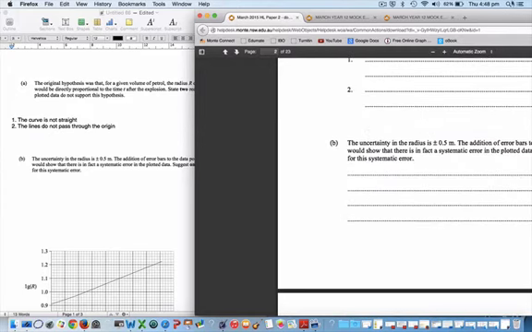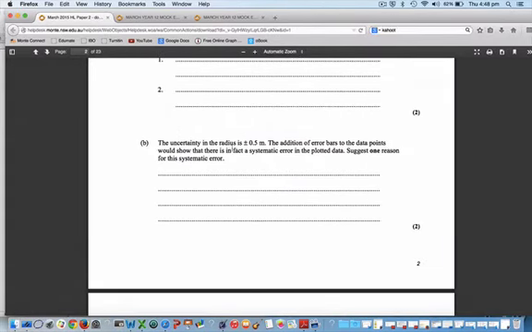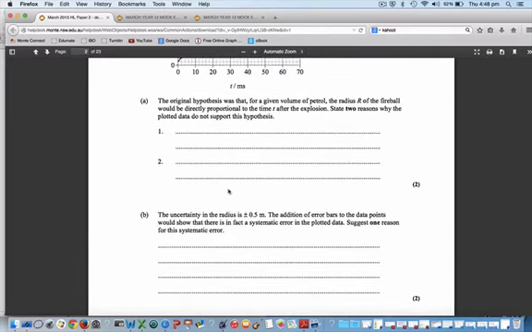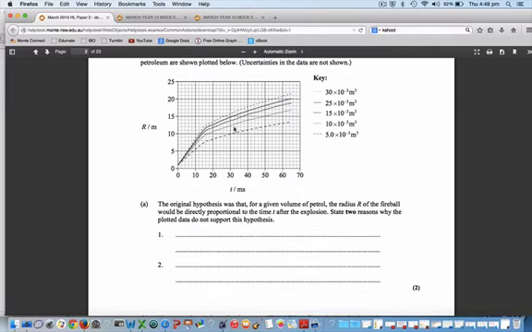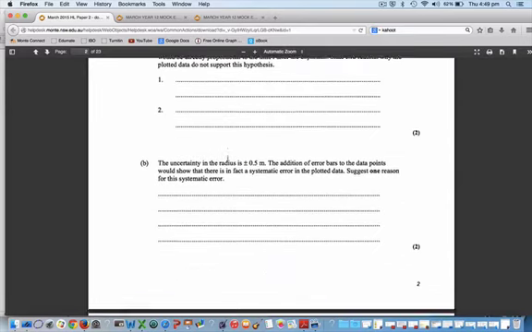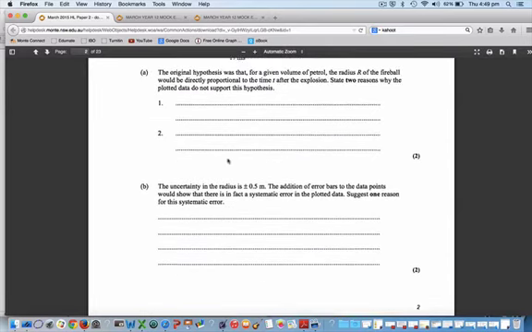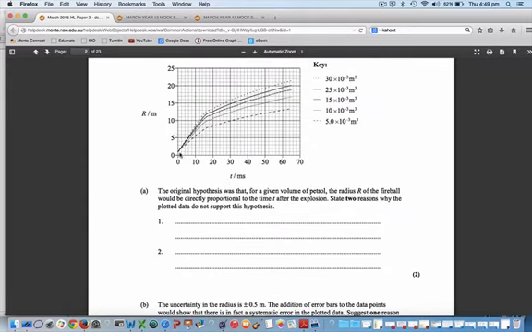Let's have a look at part B. The uncertainty in the radius is, give or take, 0.5 meters. The addition of error bars to the data points would show that there is in fact a systematic error in the plotted data. Suggest one reason for this systematic error. So systematic error means that all of the data points would be off by the same amount, roughly in the same direction. And the reason for that, well, there could be any number of reasons here, but probably one of the best is that